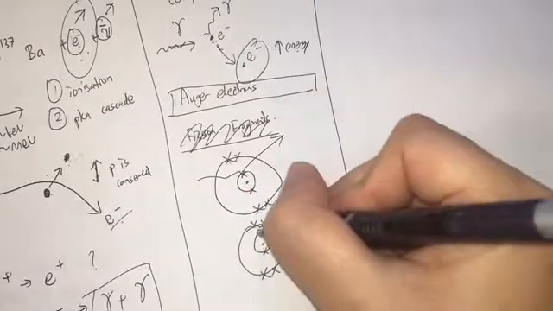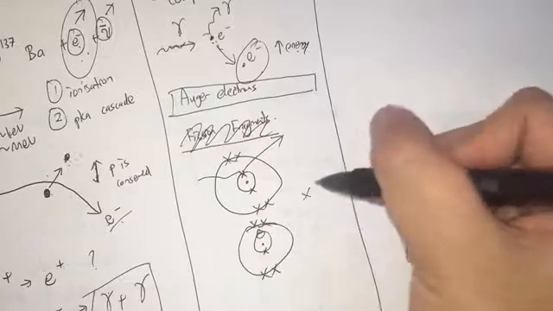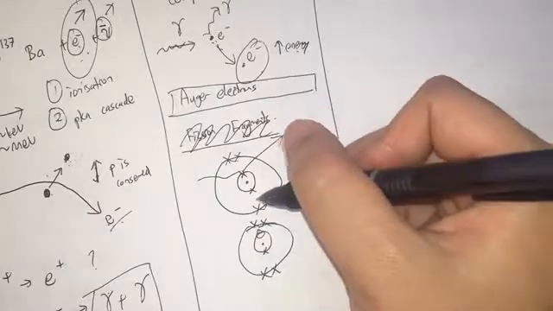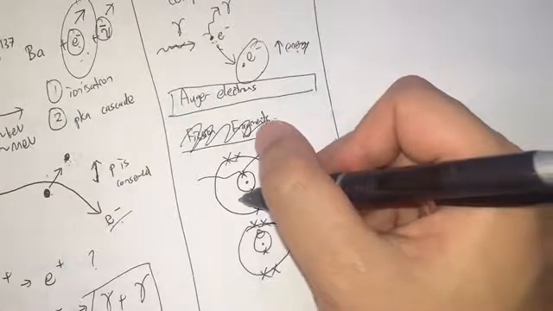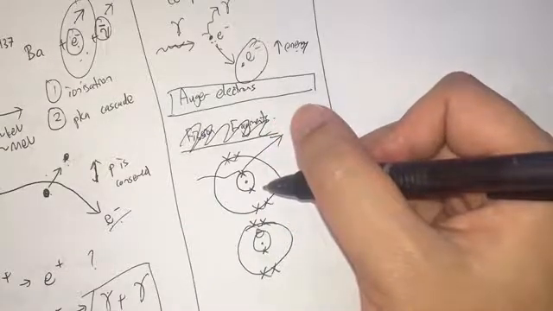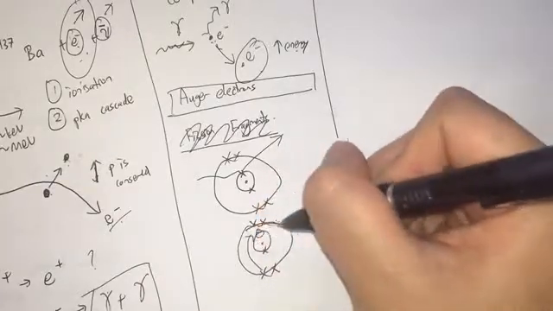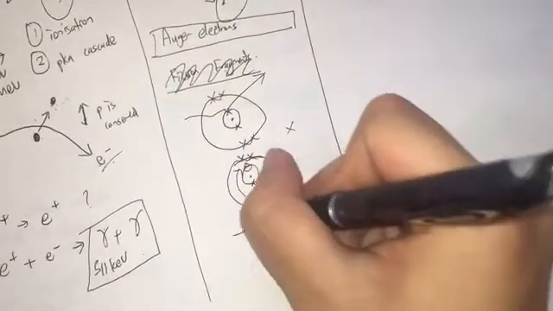Now there's a vacancy here, and this is the nucleus. The electron has been scattered off. So when the core electron is removed, an electron from higher energy can fall into this. So if we use an energy diagram,